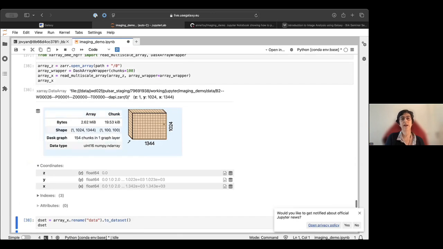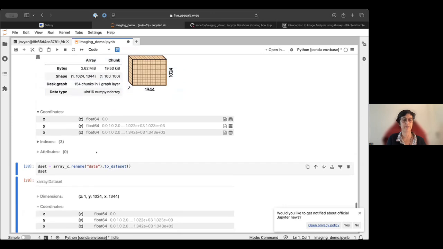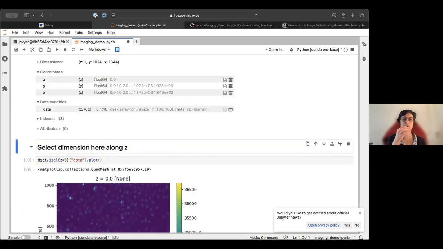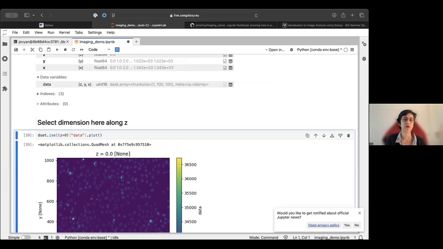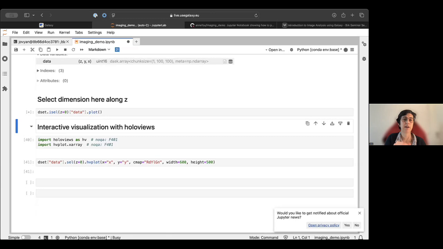So as you can see here, I don't have one block of image. I have many small chunks, which means each chunk, or each smaller cube here, I can run in parallel. If I have several processors, it means it will speed up the computation, especially when you have complex image analysis. So here I do just some renaming of the values to have a variable which is called data. I can select using the selection, and I can plot, very similarly to what we did earlier.